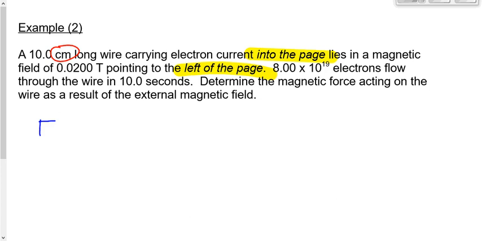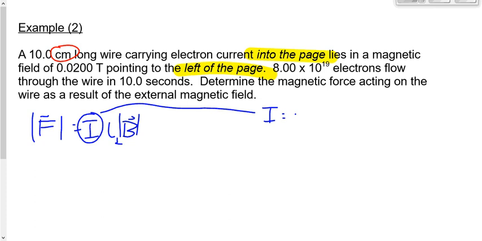All right, so we know that F is equal to ILB. We don't know what I is, though, so let's find I. I is equal to Q over T. That's what we learned first in this lesson. Oh, we don't even know what Q is, so let's find that. Q is the number of electrons, 8.0 times 10 to the 19 times the charge of an electron. That gives us a charge here of